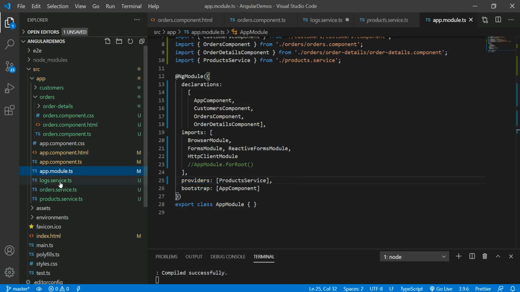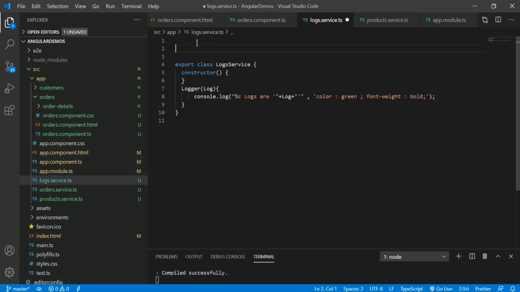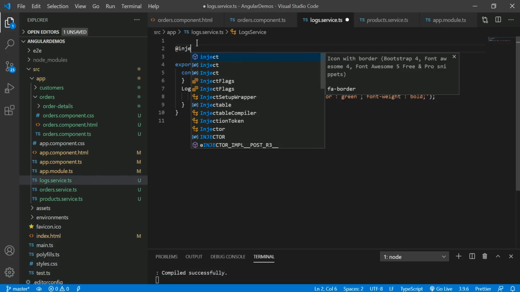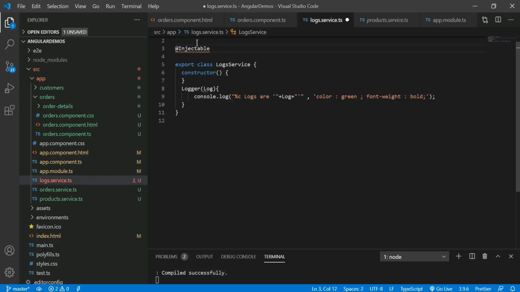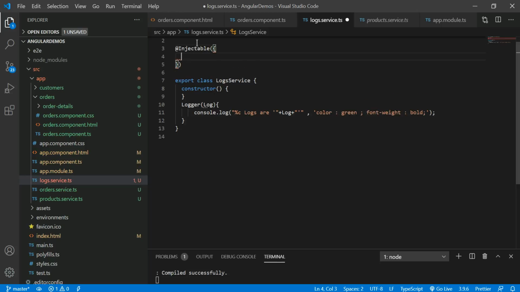The second way is that you can directly inject it into the root. In Injectable, there is a metadata property called providedIn, and by using providedIn you can directly inject it. Once you do it this way, you are injecting this log service into the app module, so you are providing the log service at the root level.